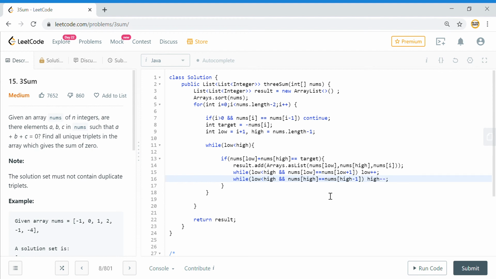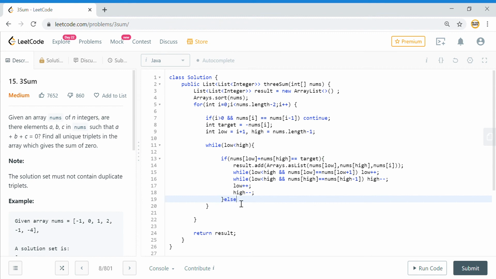I will skip all the elements which are duplicates, because I don't want to add that element again in my result. Once that is done, I can just say low plus plus to get to my next element and high minus minus to get to my other element on the upper bound.